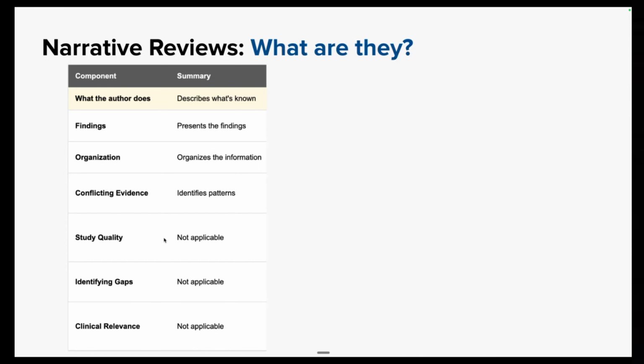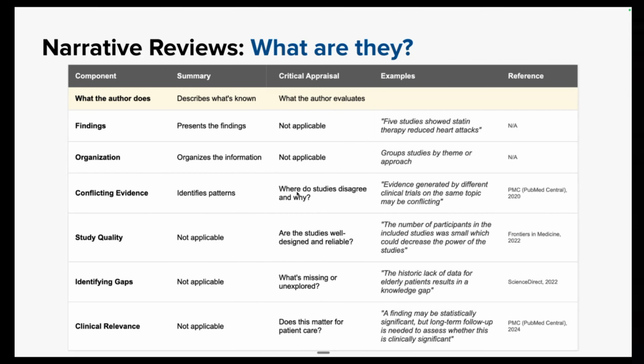And then for study quality and gaps in clinical relevance, you can think about those separately if it helps to think about stepping through this. Those typically come up, I know this table just exploded, in the critical appraisal piece, but keeping in mind at the top here, we have summary and critical appraisal. So we still have our two main areas intact. Again, this is a monster slide, but hopefully helpful to come back to after the fact.